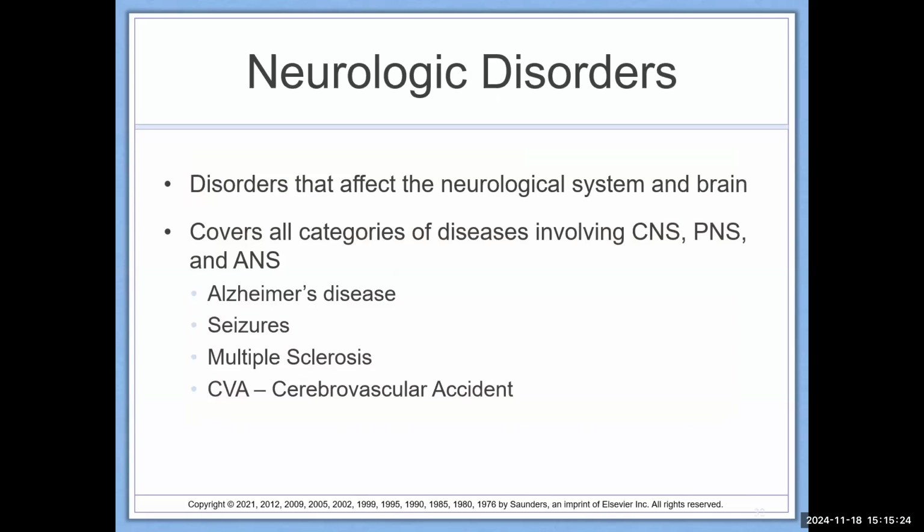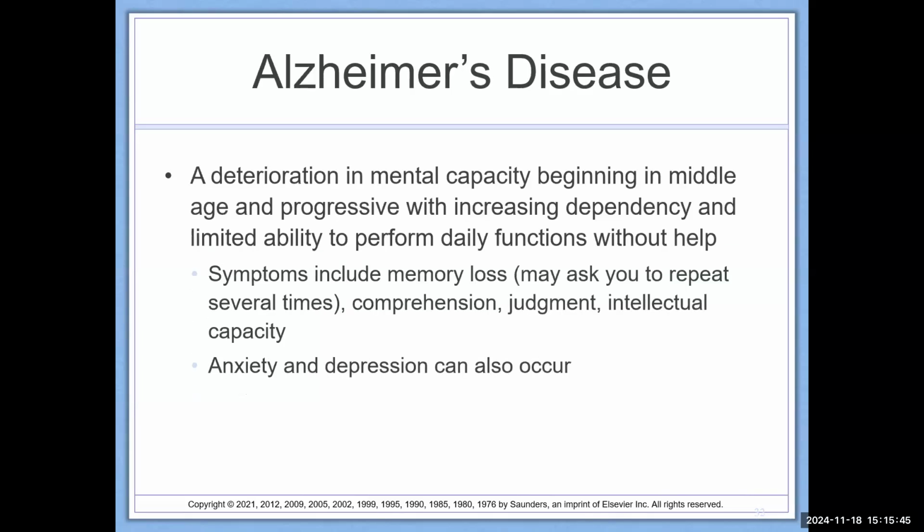For neurological disorders, this is more of the brain and the neurological system that become affected. This involves the CNS, PNS, and ANS. Okay. So those are all the different nervous systems. Examples of that are Alzheimer's disease, seizures, multiple sclerosis, CVA or cerebrovascular accident, or a stroke. And with Alzheimer's,